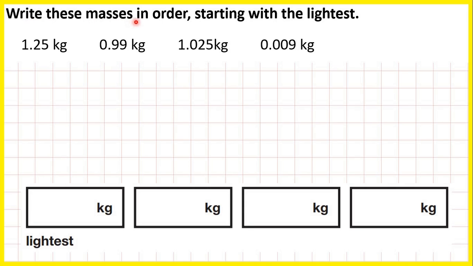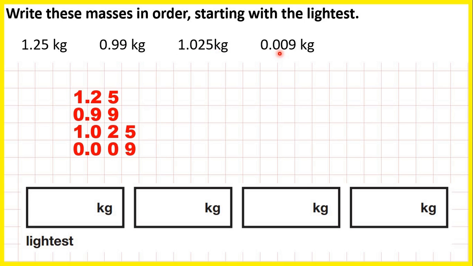Write these masses in order, starting with the lightest. So we have 1.25 kilograms, 0.99 kilograms, 1.025 kilograms, and 0.009 kilograms. So I've written the numbers out one below the other with the decimal points lined up, because if